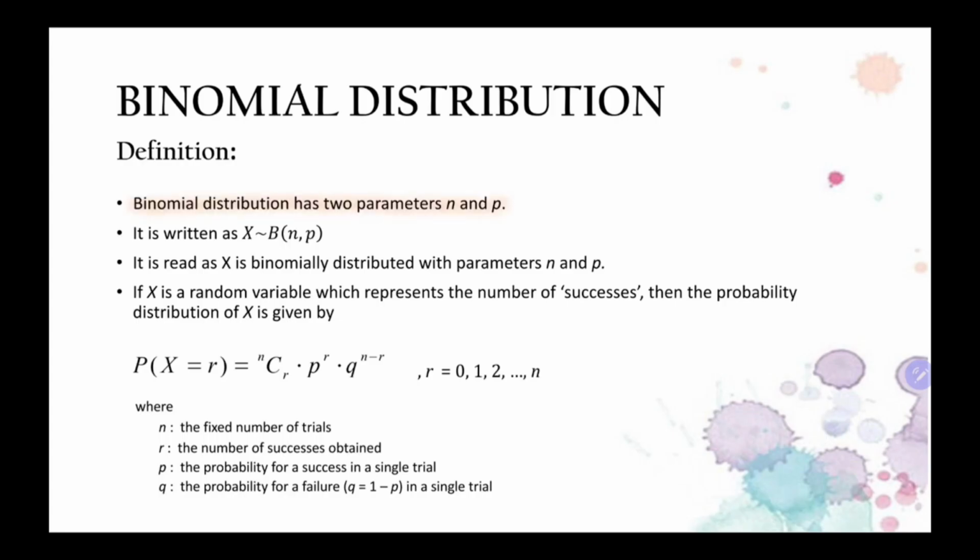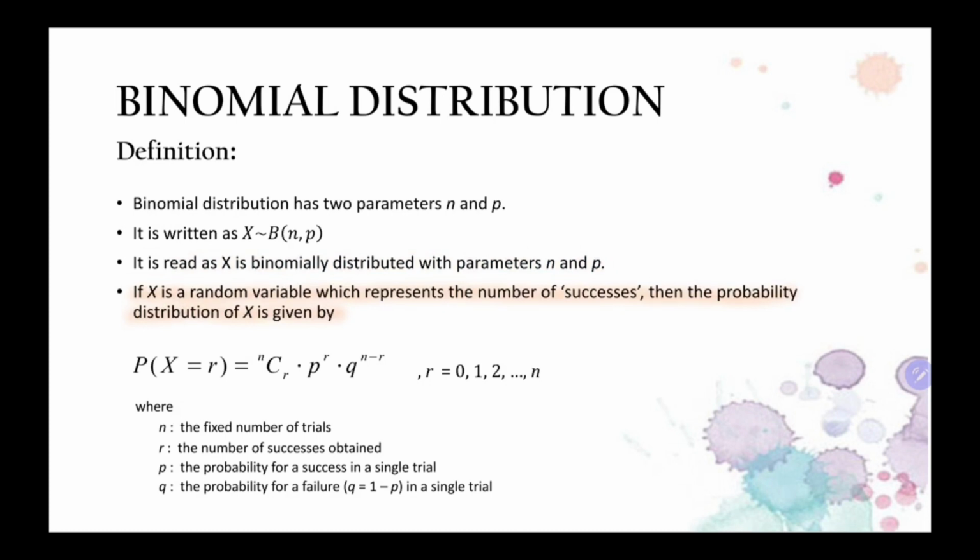Definition: the binomial distribution has two parameters, n and p. It is written as X ~ B(n, p). It is read as X is binomially distributed with parameters n and p. If X is a random variable which represents the number of successes, then the probability distribution of X is given